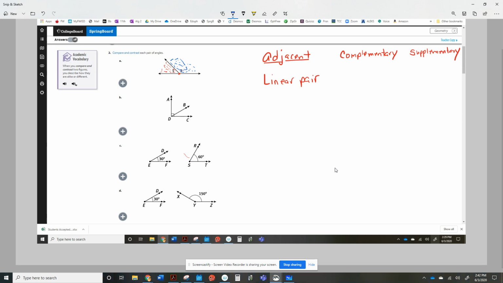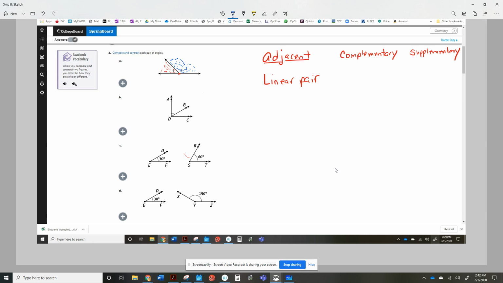So adjacent angles have to have a common endpoint. They have to have a common edge or a common ray, and they can't share any interior points. So angle 1 and angle 2 are adjacent. All right, I'm going to explain to you. You may be thinking, well, they're never going to share. Well, I could if I was talking about angle